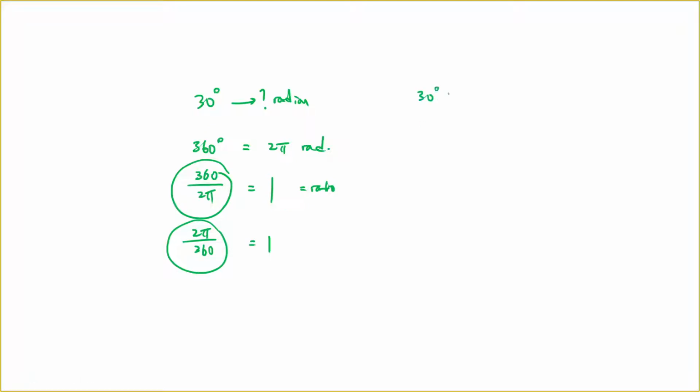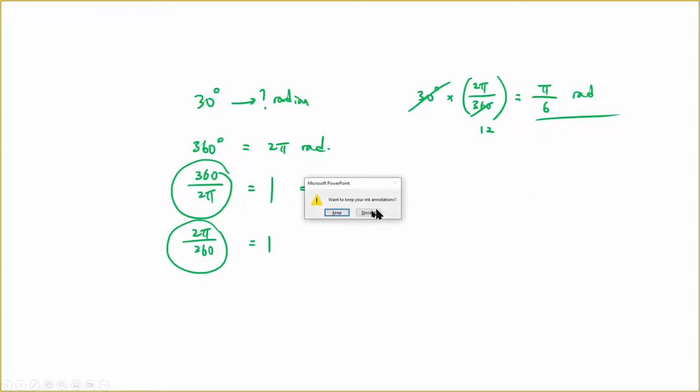So the 30 degree multiplied by 2 pi over 360. So what do you get, class? Correct me if I'm wrong. So it's pi over 6, betul tak? Radian. We got it in radian. 30 degree is pi over 6 radian, betul tak? Good. This is important. Don't look down on this,